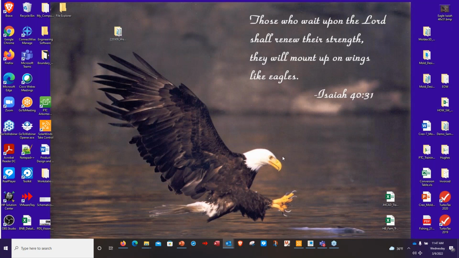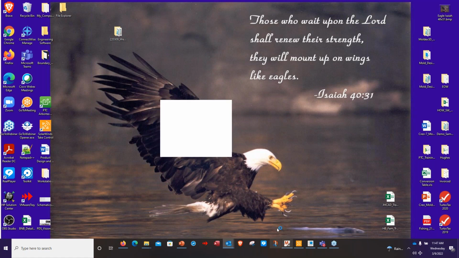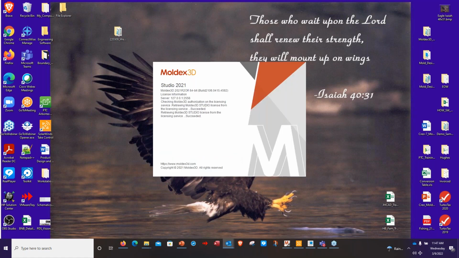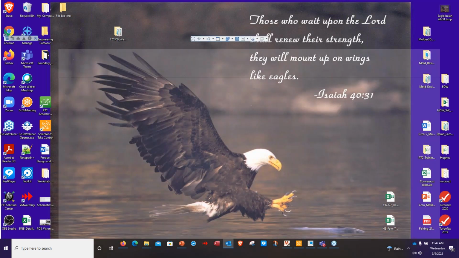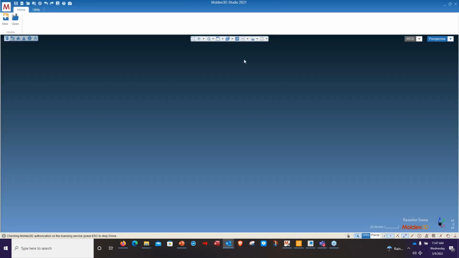Wherever you have your Moldex 3D Studio installed, I've got a shortcut on my desktop. So we can launch Moldex 3D just the same way you'd launch any other CAD software. By default, it opens up assuming this is a clean slate. So the process would be to start with an option of starting a new project